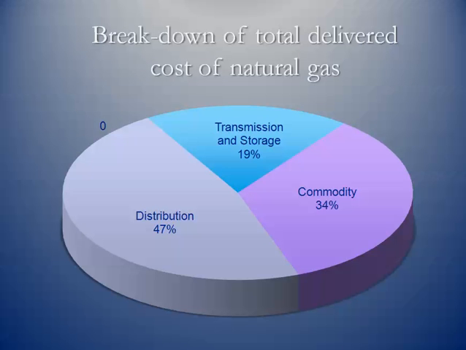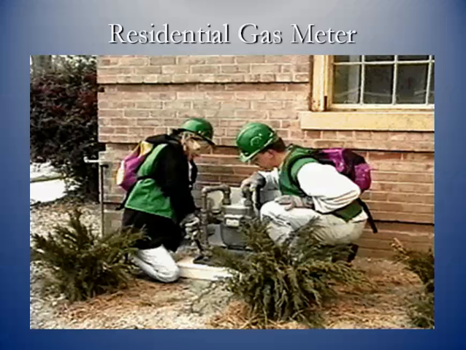Here's kind of a breakdown of that delivered price. When you get that gas bill and you look at it, these are the components. You've got the commodity is only 34% of that, so the price of the commodity itself. The LDC or the pipeline company, there's about 19% there of the cost has to do with the transmission pipeline transportation and storage, but then the distribution costs are 47%. So this is your gas company providing that service. Here's just a typical residential meter,